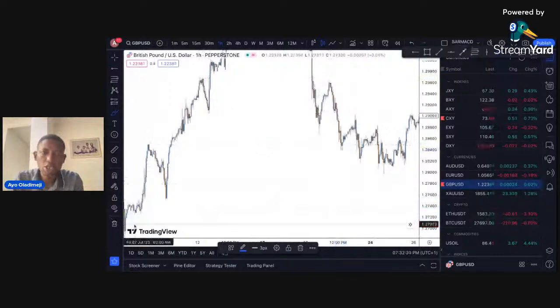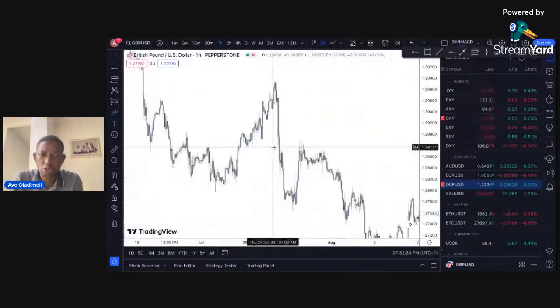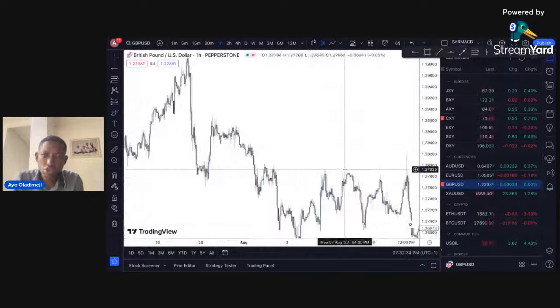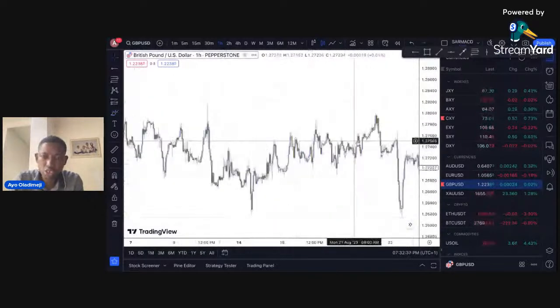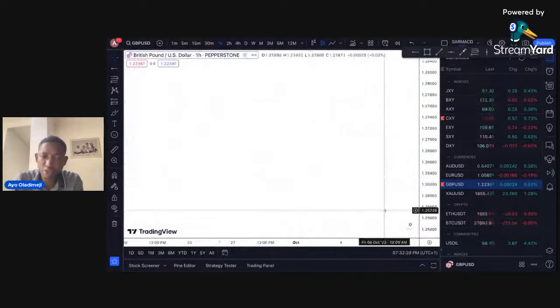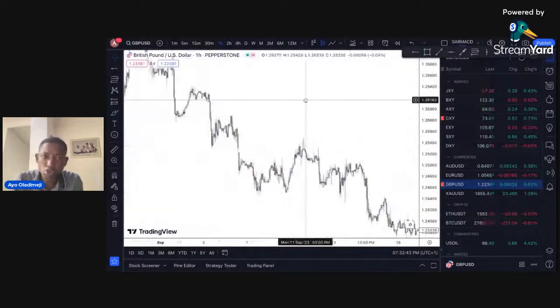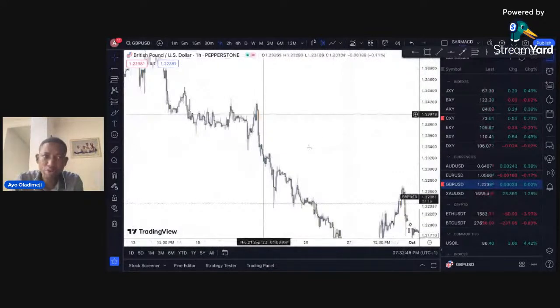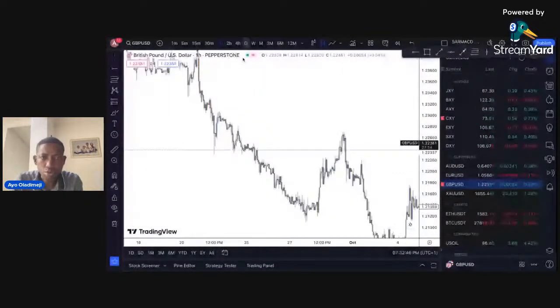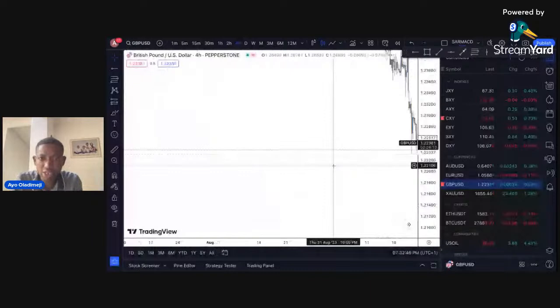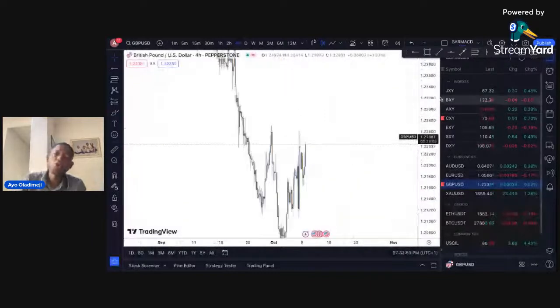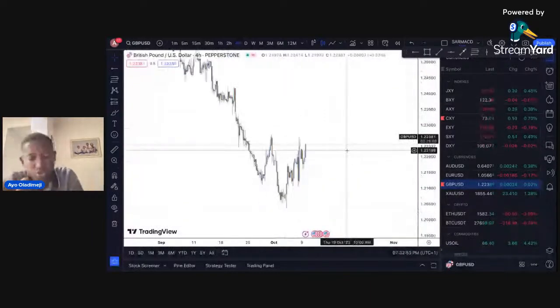Let's look quickly at the concept of trend analysis. Trend basically shows you the direction of the market over a period of time. It shows you whether the market is going up or going down over a given period of time. When it comes to trading, the trend is your friend. Always trade in line with the trend.